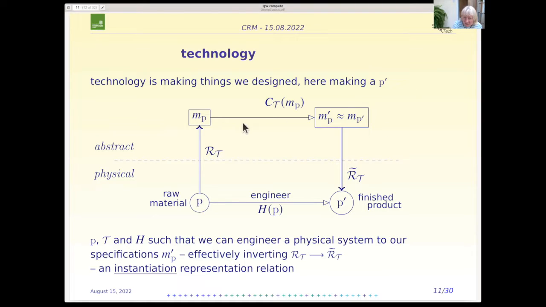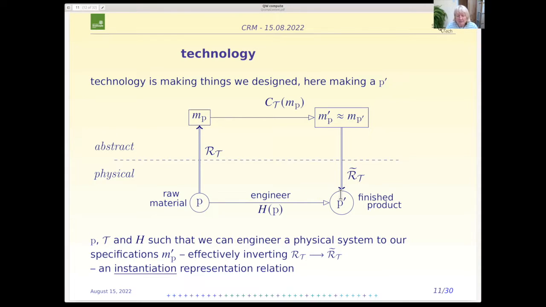So effectively, this inverts the representation relation, so we get an instantiation relation. So this is not a symmetric relation. All that science had to happen before we could make something to order. So they look like inverses, but you have to remember it's not a symmetric inverse in the way that you